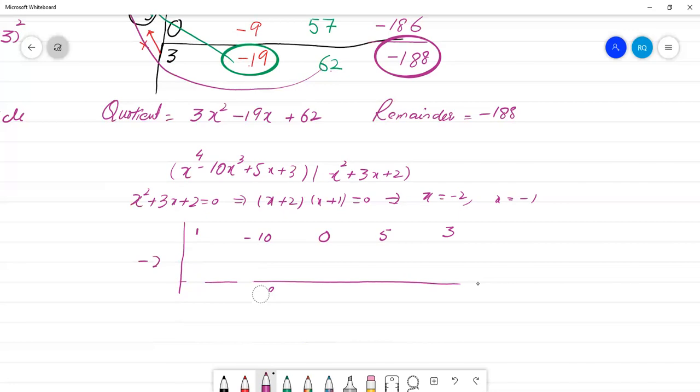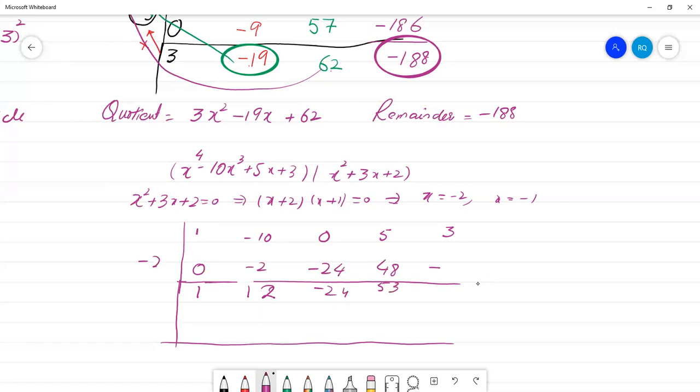ये 0 हो जाएगा, यहाँ पे आपके पास 1 आ जाएगा, ये -2 हो जाएगा, ये आपके पास -12 आ जाएगा, -24 हो जाएगा, ये -24 आएगा, ये +48 होगा, ये 53 आएगा, और माइनस जब सॉल्व करेंगे तो 6 है, तो ये 103 आएगा। अब ये जो दूसरे वाला यहाँ से स्टार्ट करेंगे आप, पहला 0 करेंगे, ये 1 आएगा, -1 एंड सो ऑन।